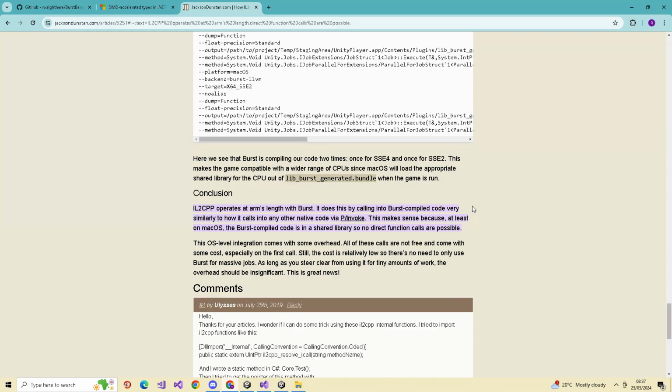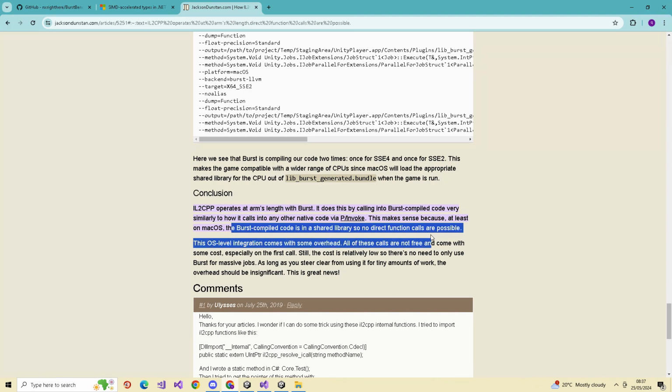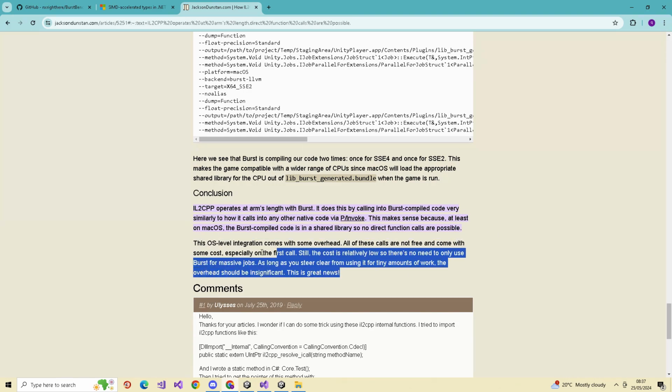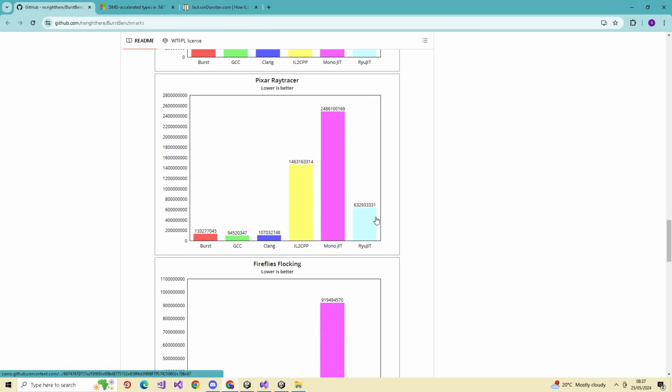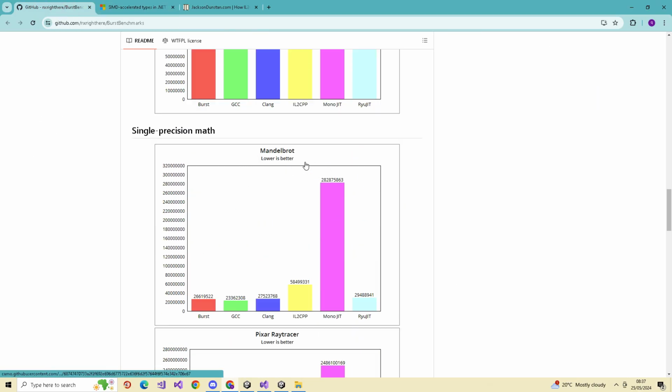It does this by calling Burst compiled code very similarly to how it calls any other native code via P/Invoke. So it calls into it like a native library, and it's not that bad. Don't worry about it. I don't think IL2CPP could possibly slow down Burst.